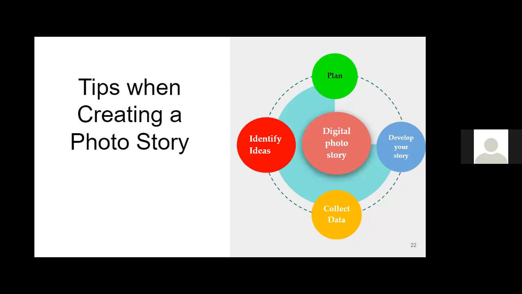Identify the main idea that you want to tell about. So what is the main idea that you want your story to tell? For example, you want to tell about my school, or my favorite food, or maybe you want to tell about volcanic activities when you're teaching social studies or geography. You can use a digital photo story. Bring that volcanic activity into your classroom in the form of a photo, and narrate to the students. They will be able to learn easily.